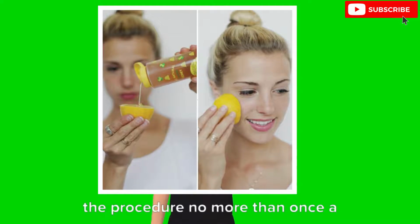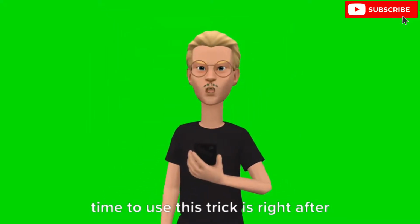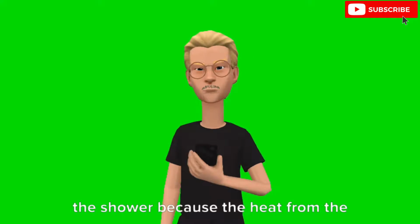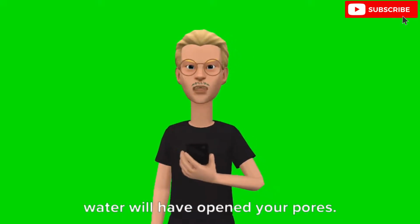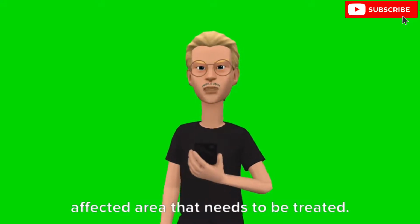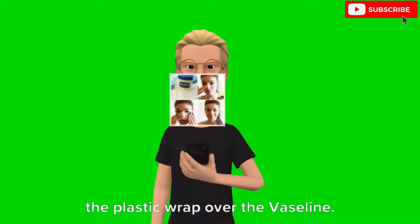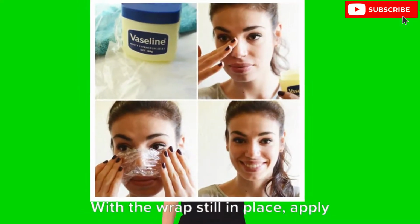Vaseline plus plastic wrap. The best time to use this trick is right after the shower, because the heat from the water will have opened your pores. Begin by applying Vaseline to the affected area that needs to be treated. Once you have finished with it, place the plastic wrap over the Vaseline. With the wrap still in place, apply a hot towel and let it sit until it cools back down to